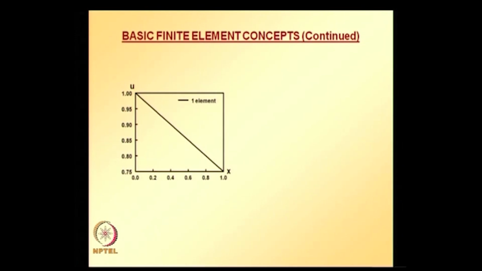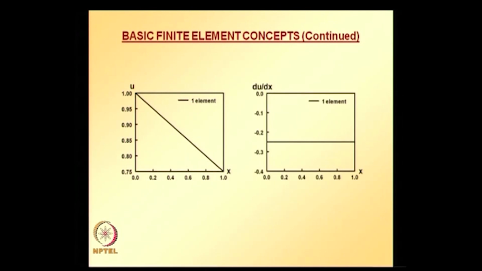And this plot shows the one element solution and the approximation of the derivative obtained using one element. We do not know whether this one element is good enough or not. So, what we can do is increase the number of elements and see whether the solution is converged or not. So, now let us try using 2 elements,